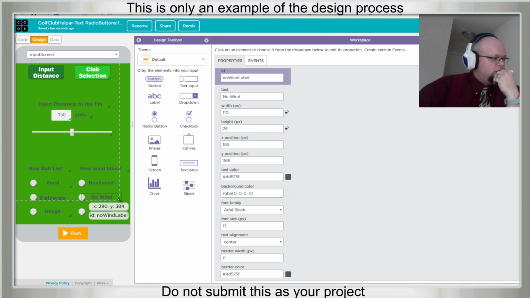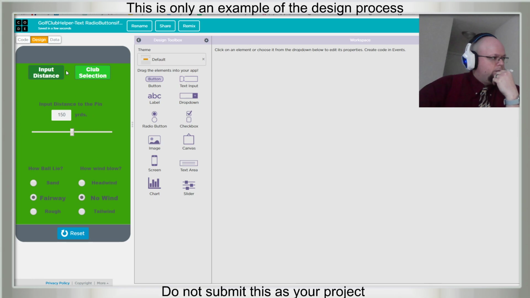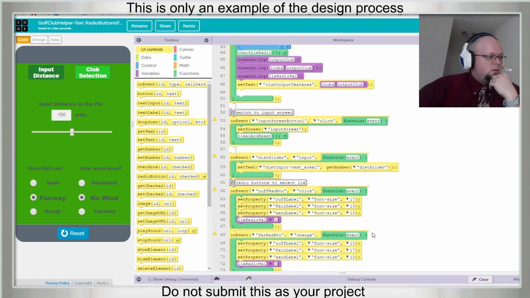And we're going to need to make these bigger. Does that line up? I'm not sure this is going to look right, but we'll work with it. Bingo.